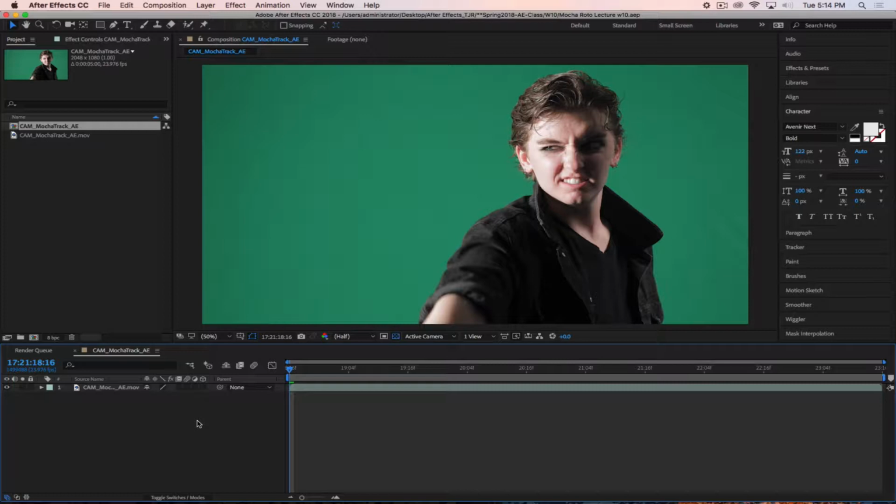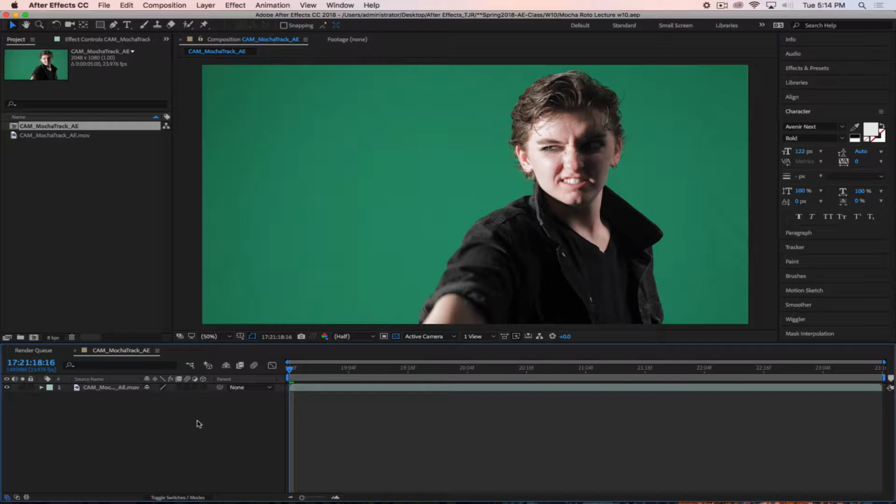So in the instance of Cam's shot in green screen, what we're going to do is we're going to use multiple roto shapes, and we're going to go in and rotoscope out Cam like he was standing in a live action plate, basically. So we want to get him as close to a clean rotoscope as possible. So we're going to use multiple